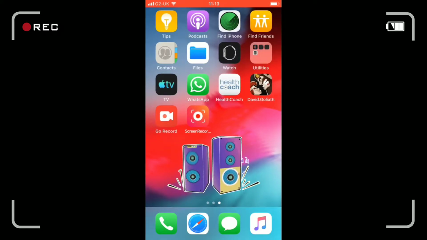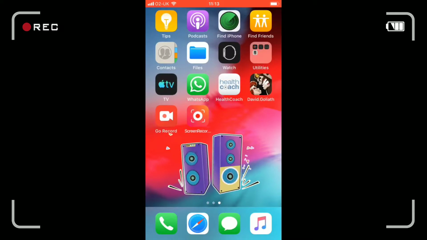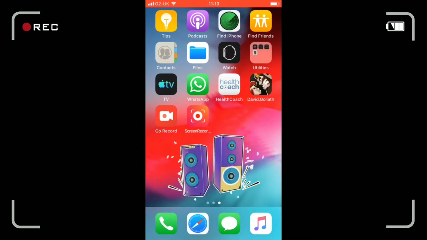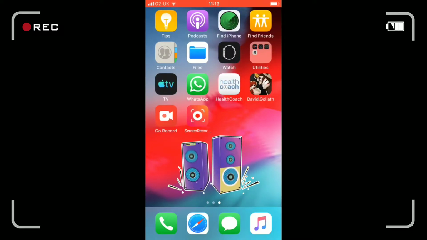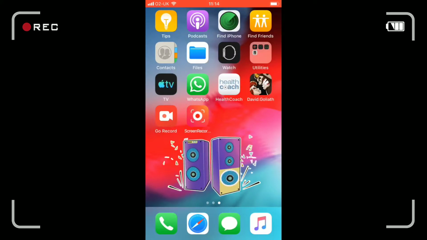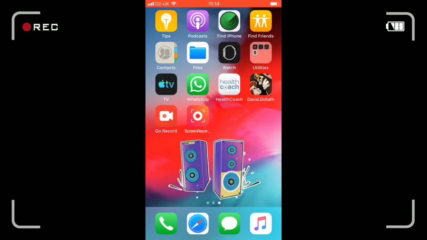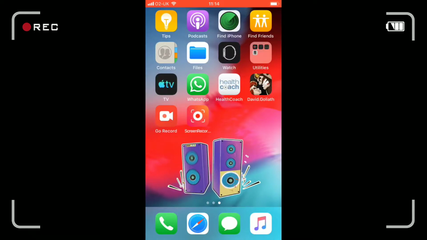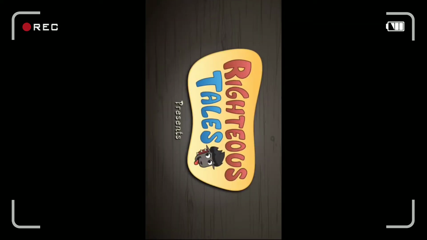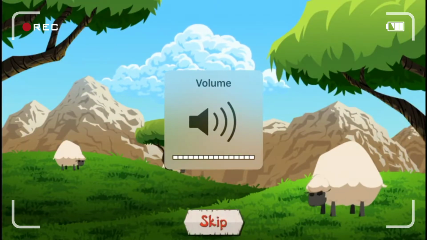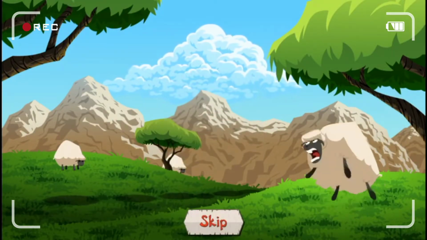So I kind of had to borrow this phone. It's been a while since I used an Apple phone, but just for the sake of reviewing and playing through this game, using an Apple iPhone or whatever. So here we go. David versus Goliath, the Bible story. And by the way, I've already played this game, so